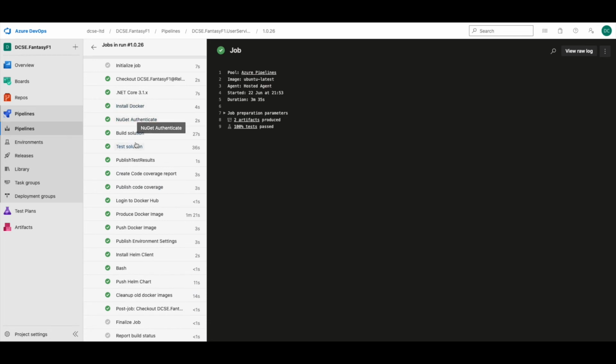So it's building it, testing it. It ran all the tests in 36 seconds there. Look, that was the full end-to-end. I then published the test results and code coverage, and then basically build the Docker image and push it to,